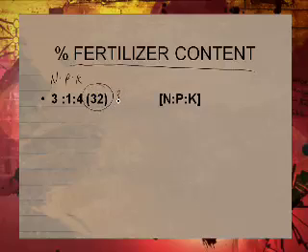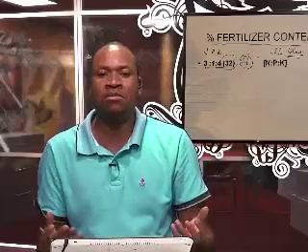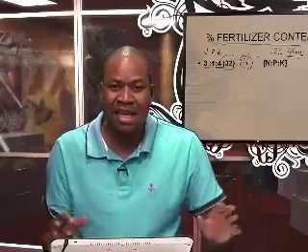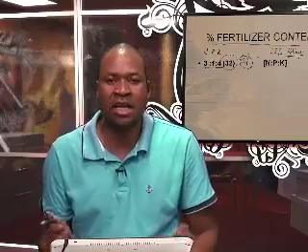So they tell you here 32% of that bag is these fertilizers. So it means the remaining 68% is made up of something called fillers. These are things that help you to distribute your fertilizer evenly, or spread it evenly on the ground